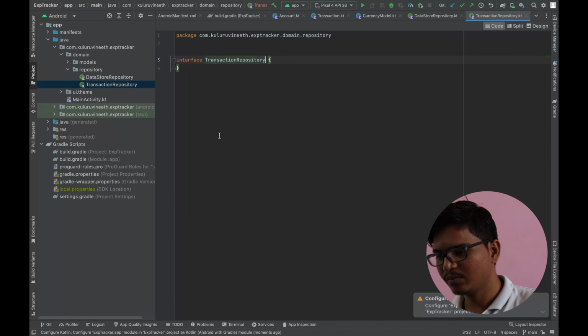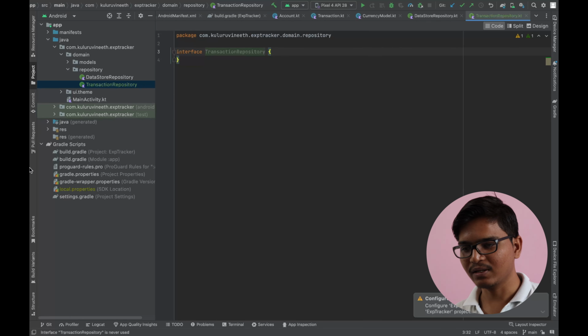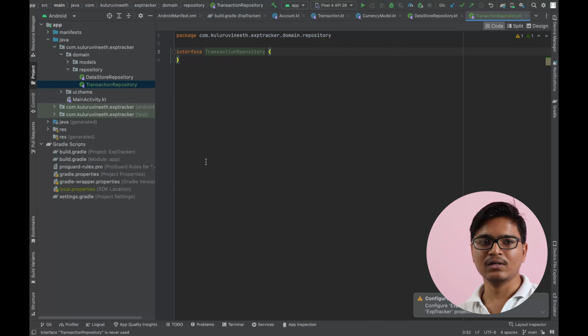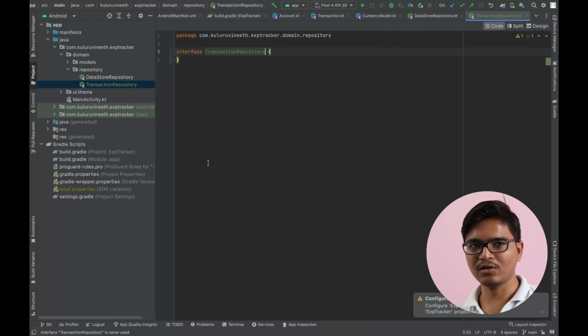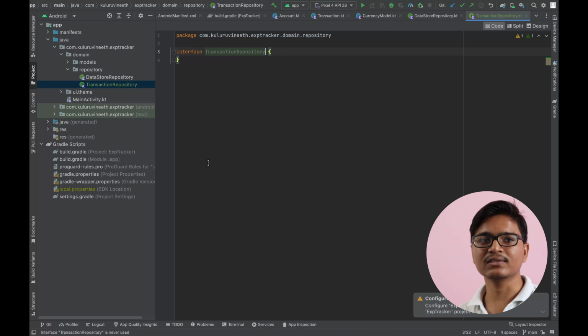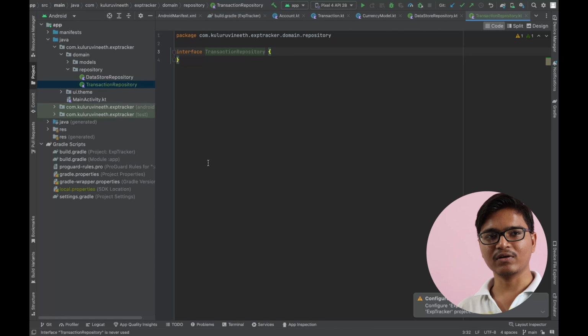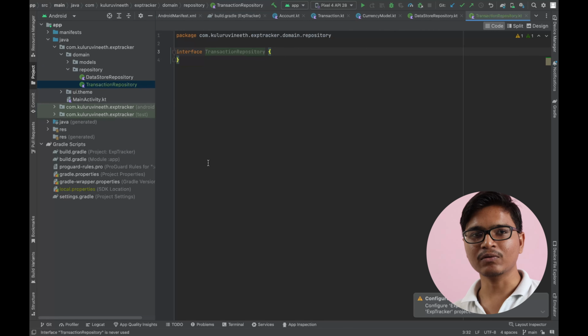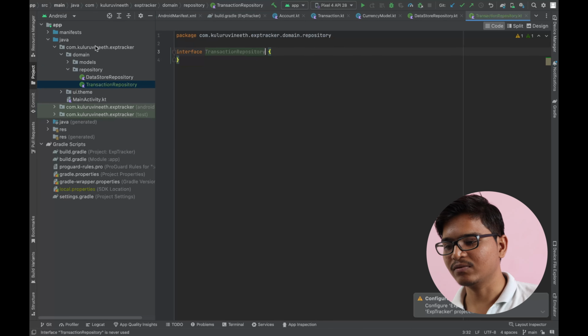Okay, but before this I need to create data transfer objects, because the operations that I'll be writing in this transaction repository need them. Data transfer objects are the things with which we will insert data into our database tables, and vice versa if we need that. We should also have model classes, and we will convert the data from the data transfer objects to the model classes and use them in our Kotlin UI layer and other domain layer. So let me first create a package called